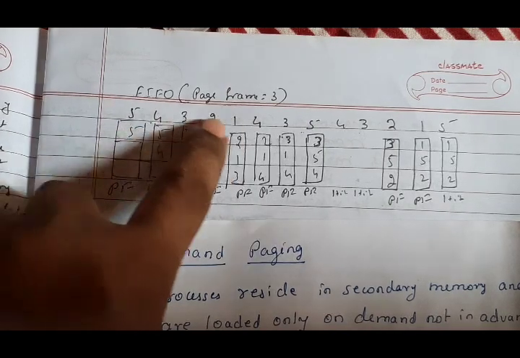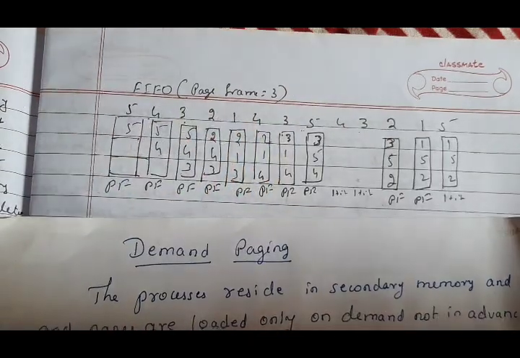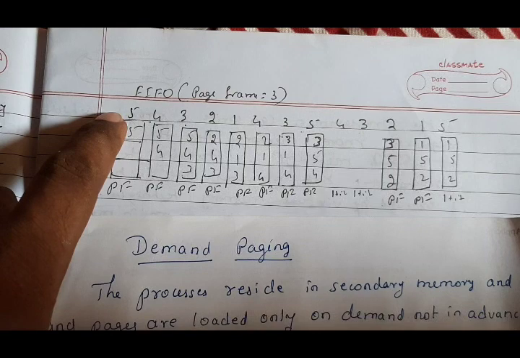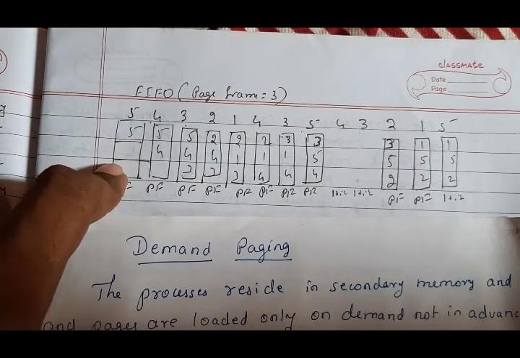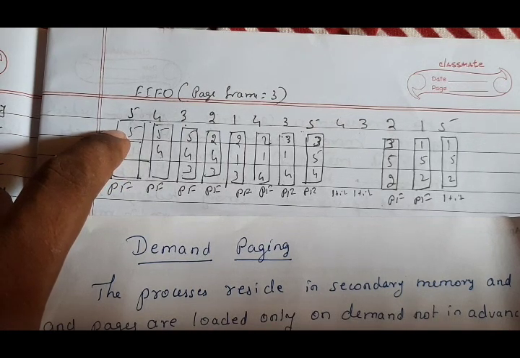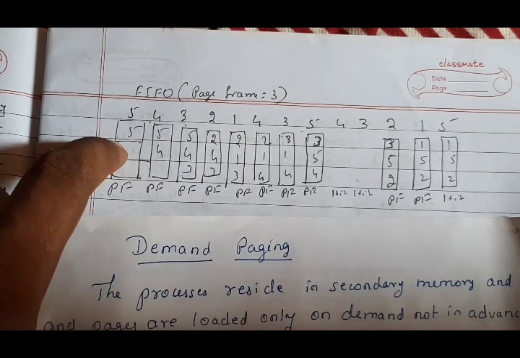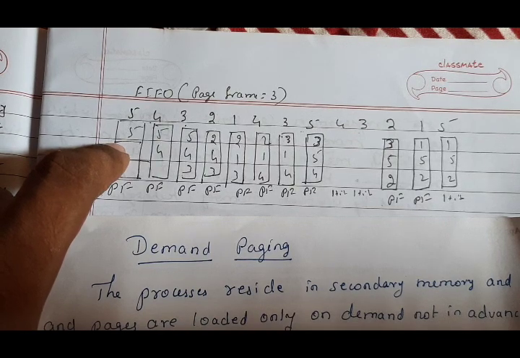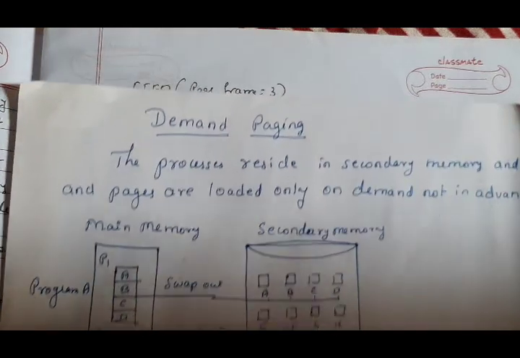So this is the reference string, and the CPU demands these pages. That is called a demand page. The CPU wants to execute page 5, so the CPU demands 5. Actually this is the RAM. Initially the demanded page is not in the RAM. For the CPU to execute, the pages must be in the RAM. If it is not present in the RAM, you have to get it from disk. In disk all the pages are available.